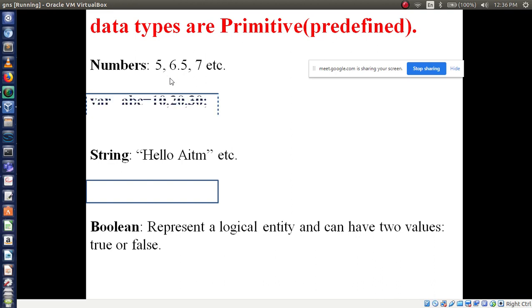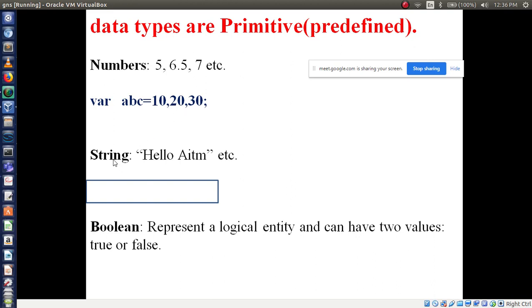So for example, I can write var. To define a variable name, I have to use the keyword var followed by abc. To declare a variable, which keyword do I have to use? Here var. Then here I can assign the numbers 10, 20, 30. I am assigning numbers like this: 10, 20, 30.